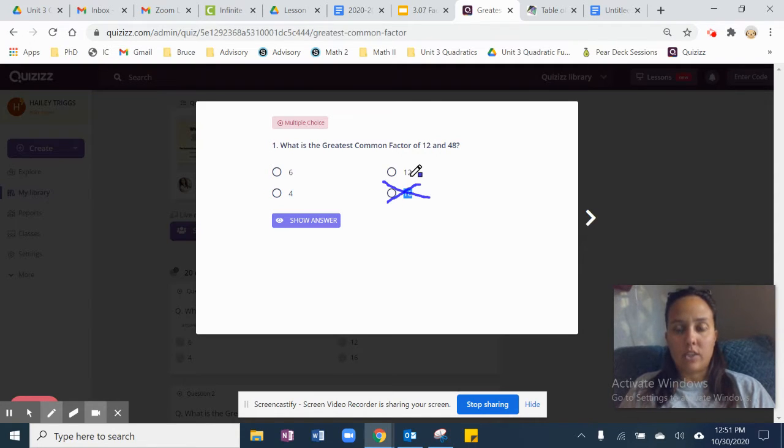12 is the second largest number. Does 12 go into 12? Yes. Does 12 go into 48? It does, 4 times. If we didn't want to do it this way, we could also do it using the